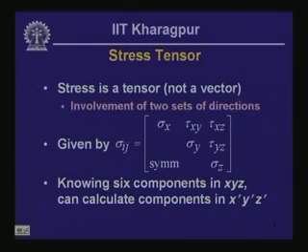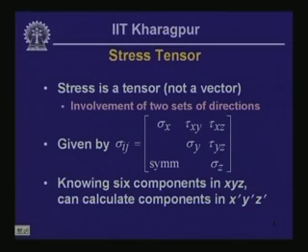Okay. So, then stress tensor within a point, within a mass of rock or volume of soil is going to be given by 6 independent components,